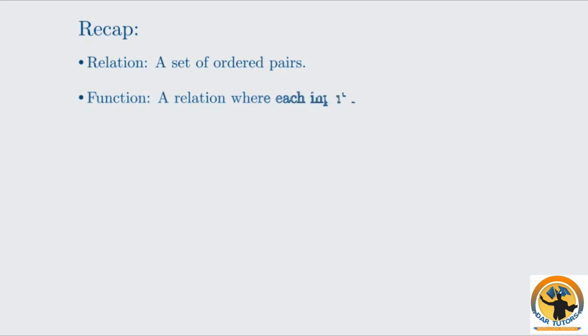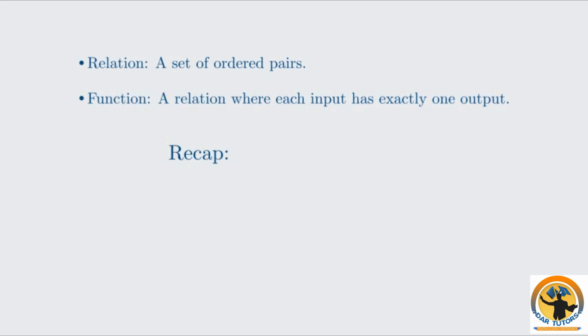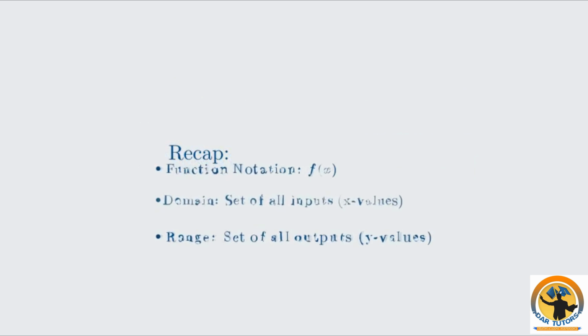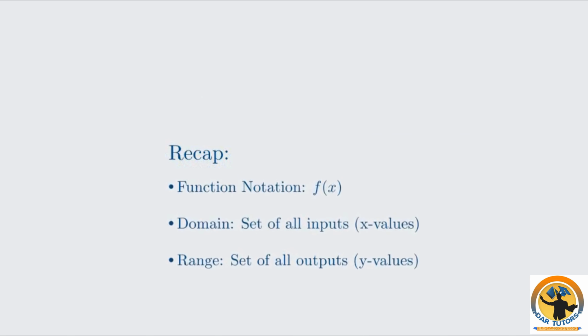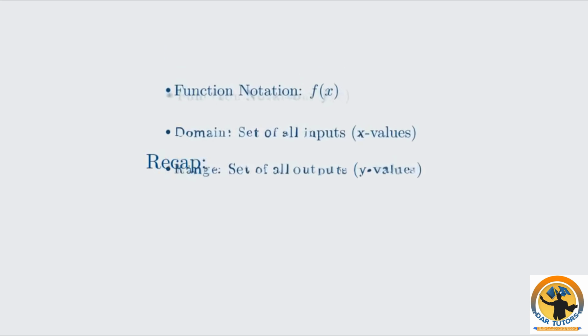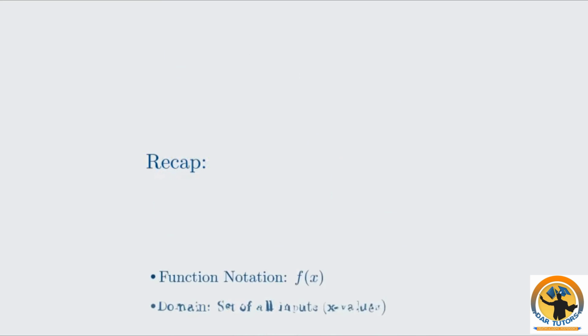Let's recap what we've learned today. We started by defining a relation as any set of ordered pairs. We then introduced the concept of a function as a special type of relation, where each input has exactly one output. We learned to test for functions using the algebraic test and the vertical line test. We explored function notation, f(x), and learned how to evaluate functions for both numerical and algebraic inputs. We also defined the domain as the set of all possible inputs, and the range as the set of all possible outputs. Finally, we studied composite functions, where one function's output becomes another's input, and we saw that the order